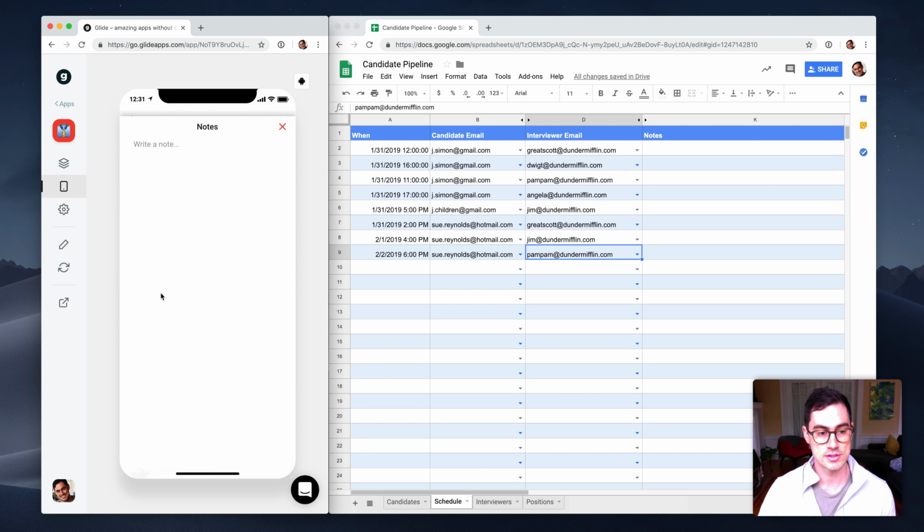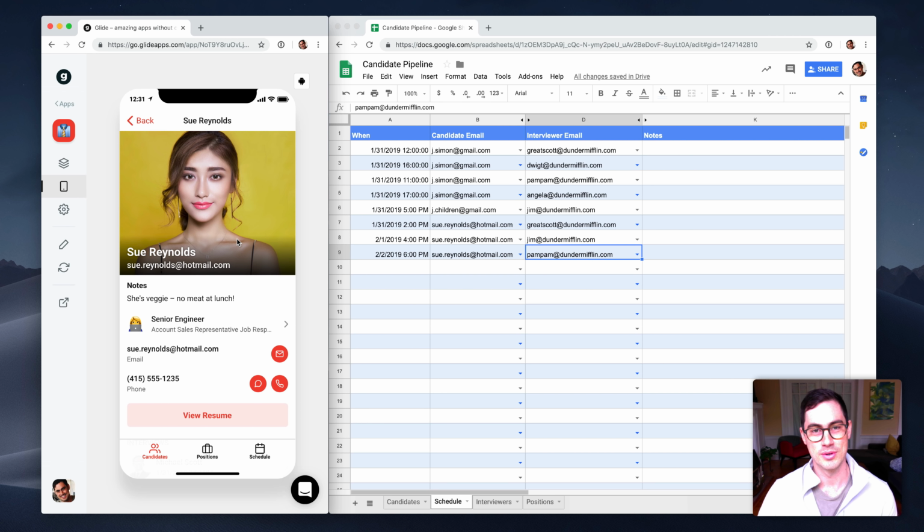We have some notes, so we can say she's a vegetarian. She's veggie, no meat at lunch. That way, when people are showing the interview or the candidate around, they can stay on the same page about